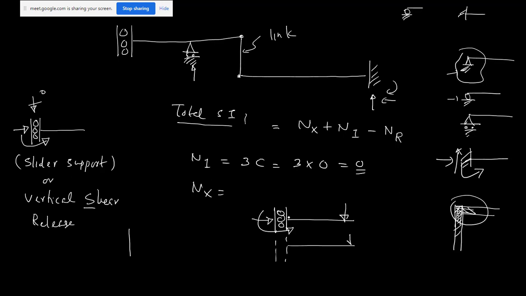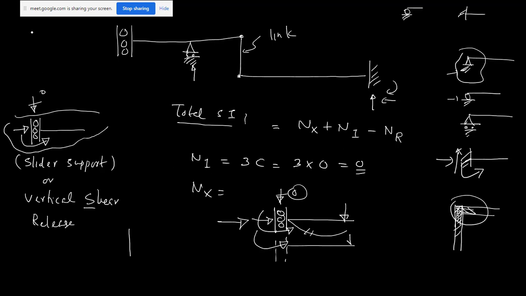It will just slide like this. It will not bend like this. It will just slide like this. There is no restraint against this motion. That means this reaction will be zero, but there will be a horizontal reaction, as well as the moment. That is the specialty of this support.